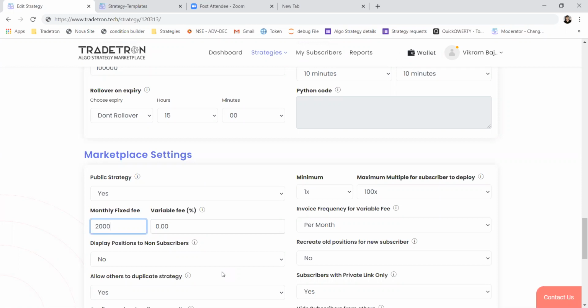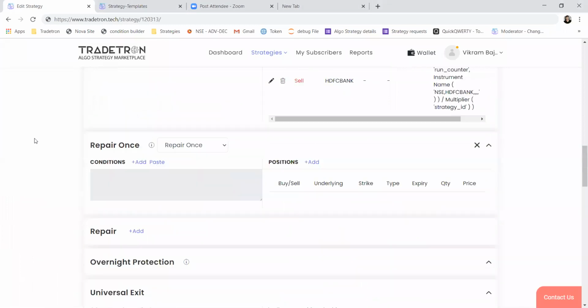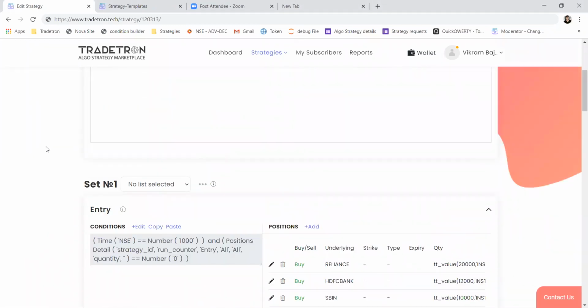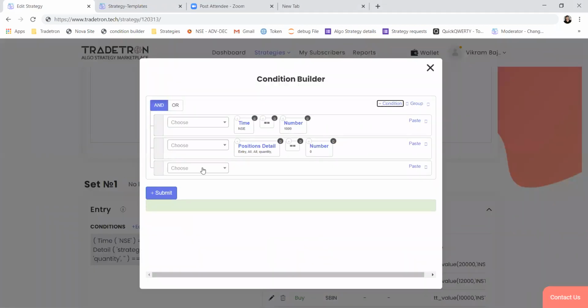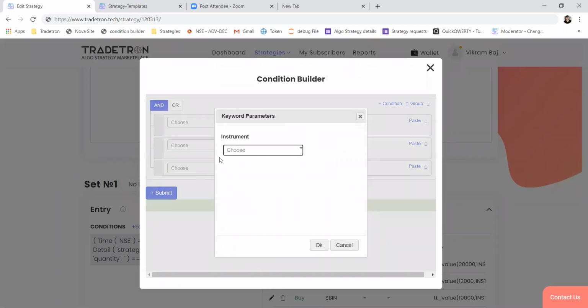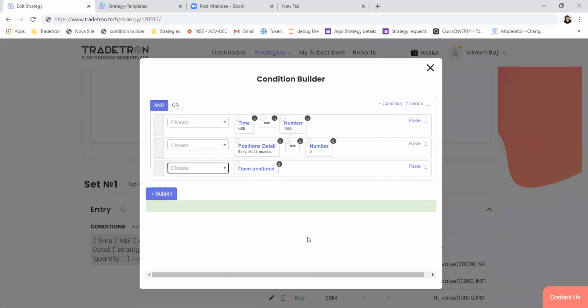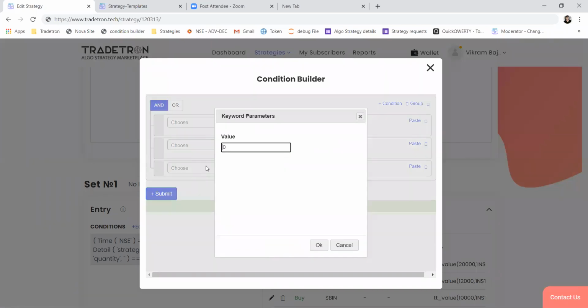How to restrict the number of open positions? I'm not getting control over the number of open positions to restrict. If you want to restrict the number of open positions in your strategy and you're working with a list of stocks, then use this condition as open positions. Do not select anything in this drop down if you're working with a list of stocks, and open positions less than whatever number of positions you want to keep open at a given time.